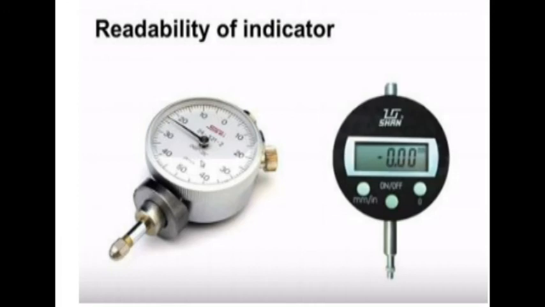So how do we eliminate this deflection of the support? We should use a rigid, very strong arm, or else we have to minimize the overhang of this dial indicator. It should be moved as close to the column as possible, and also we can minimize the deflection of these supports using extra support.